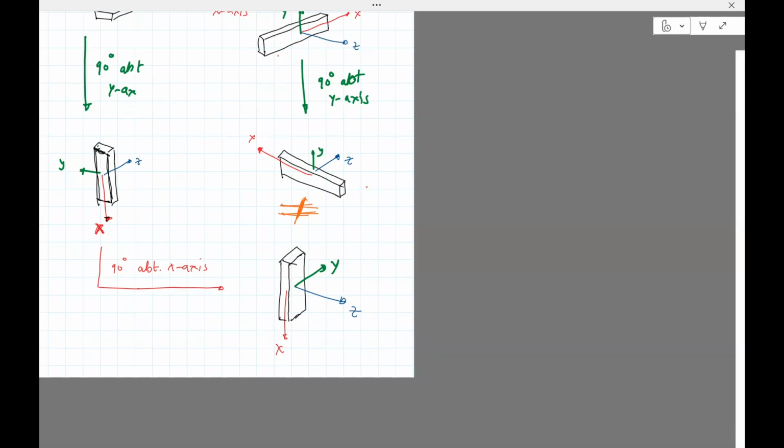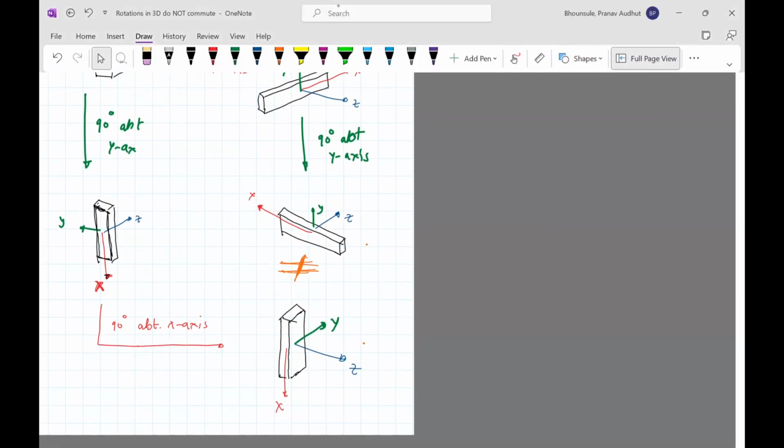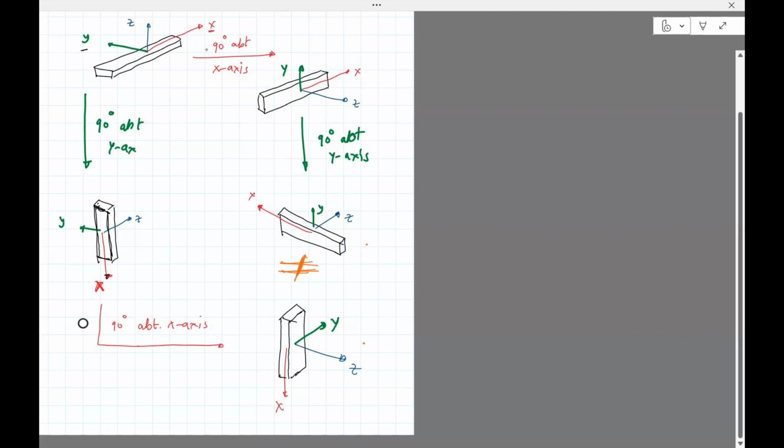The one on top is not the same as the configuration down. And that's because these rotations do not commute in